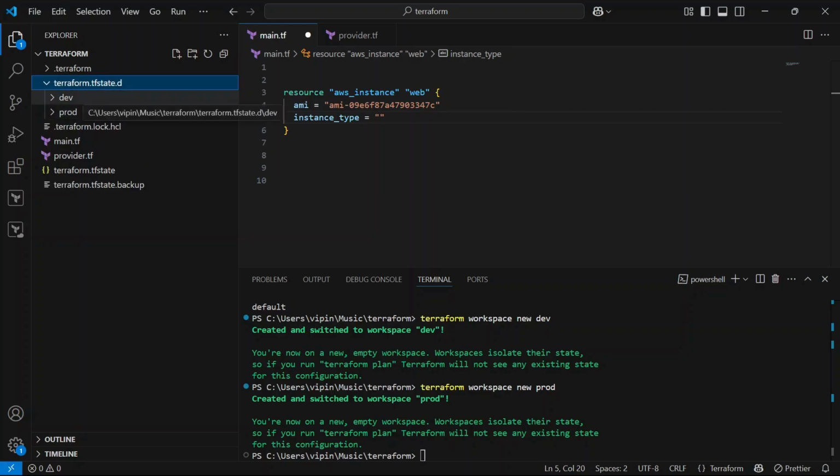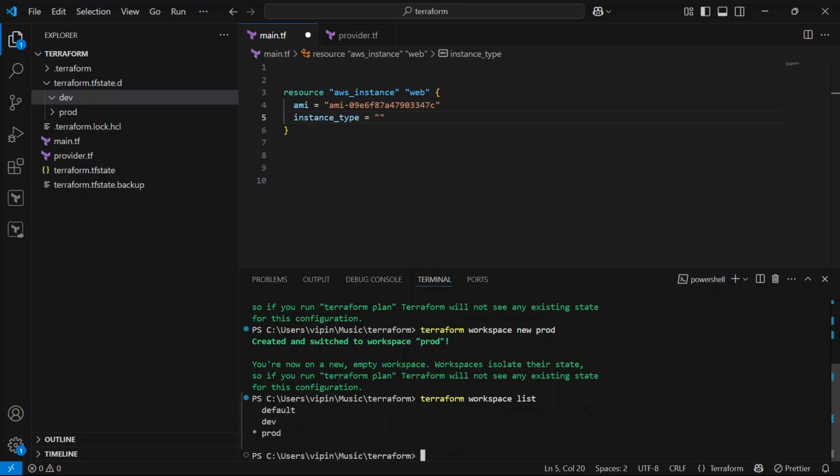As you can see, we have two folders, one is dev and another one is prod. If you explore, there is nothing currently, because we have not created any infrastructure using these workspaces. If we run terraform workspace list now, as you can see, we have the default workspace, dev, and prod workspace as well, and we are currently on the prod workspace, right?